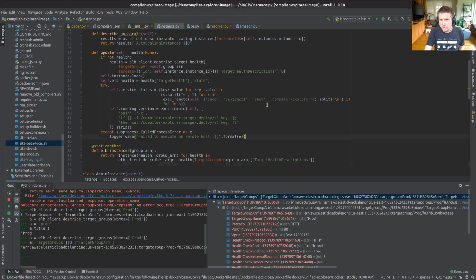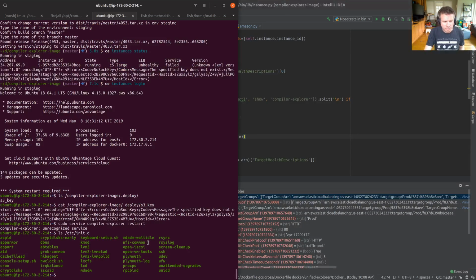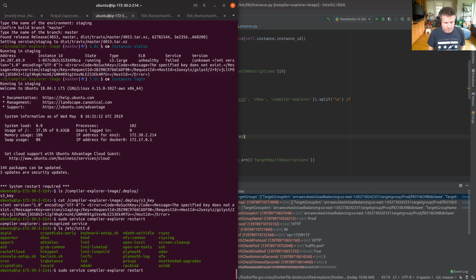Is that not what it says? Oh, systemctl. Oh, don't make me type systemctl controls. Well, isn't that stupid? I misspelt the word restart, and so service told me that the compiler explorer service didn't exist. What a load of rubbish.